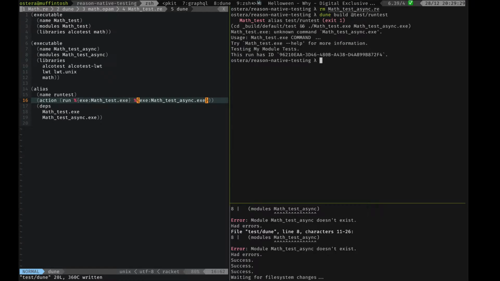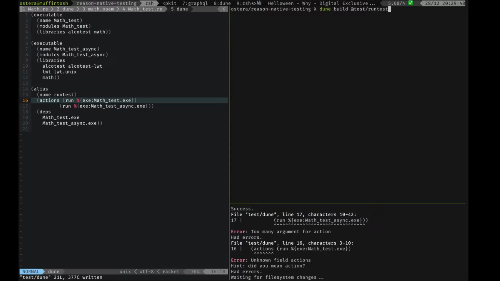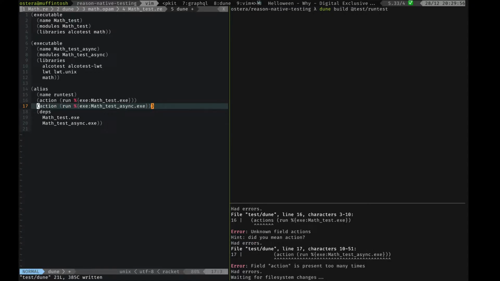Let's see if that works. Nope. Okay, so I guess the one is for each one of them. Too many arguments. I wonder if there's an actions. Nope, there isn't. I wonder if I can have more than one action. Nope, we can't. So essentially we will need to have a separate alias for this other thing, which makes me